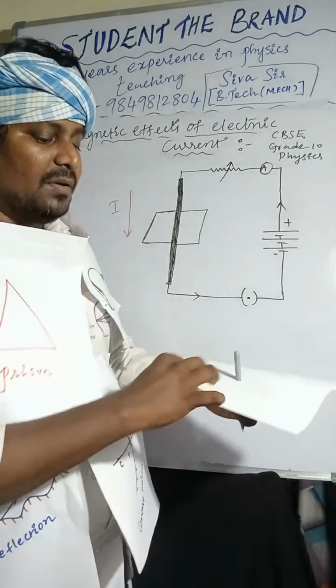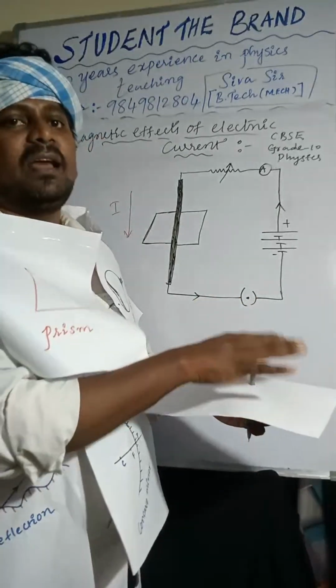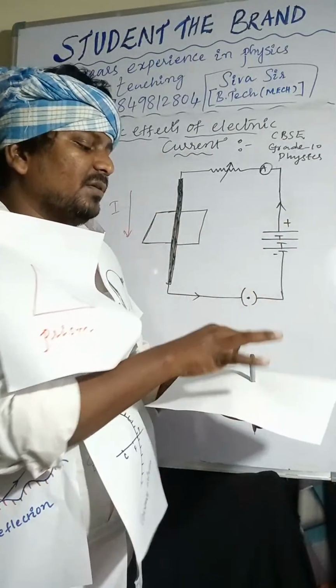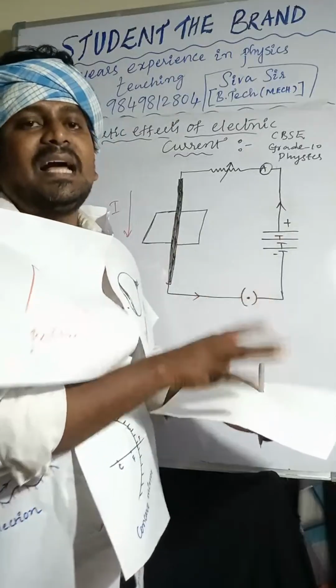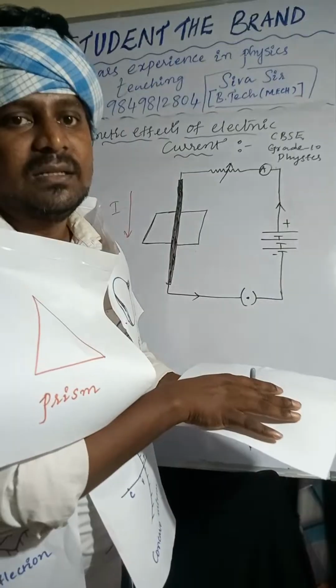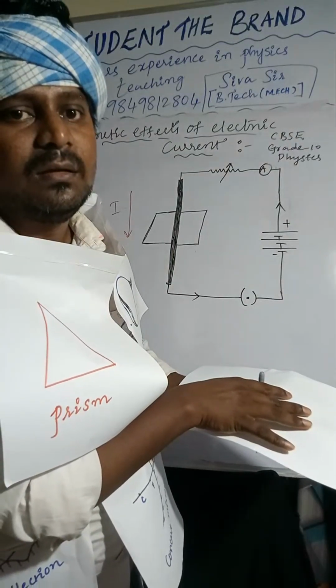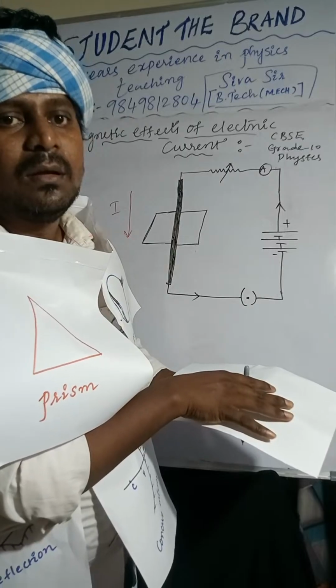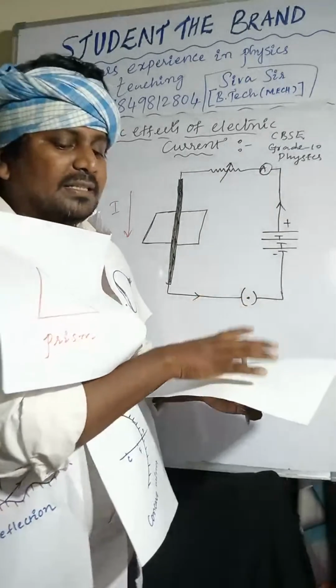Around this one, a magnetic field will be created, right? The magnetic field will be around the conductor in the form of concentric circles. So around this conductor,